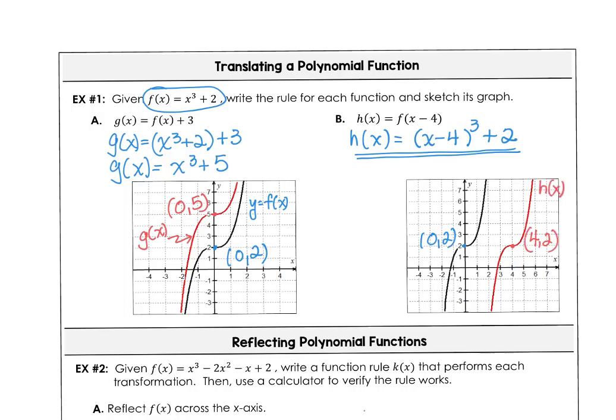So h of x has the same shape as f of x, just that it's been moved 4 units to the right. Okay, moving on, in example 2,